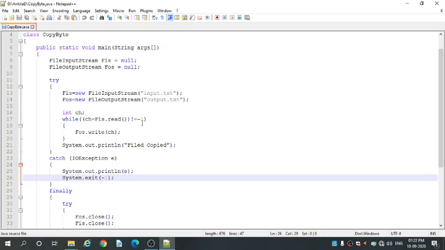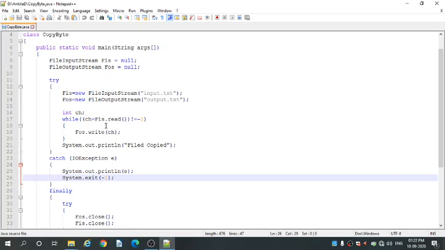Dot read is a method in Java. It helps to read a byte from the file. Okay. This read method is associated with the object of FileInputStream.